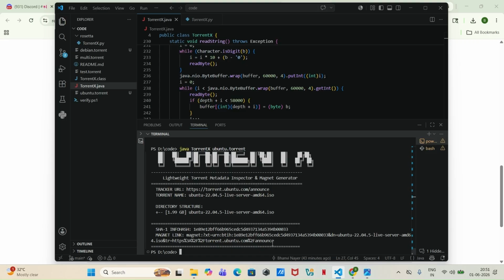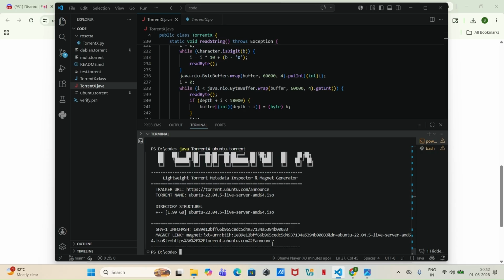So I had to fake a small hardware processor that performs hashing during the parsing. So while it's parsing, it will hash at the same time. Every byte enters the system through a single streaming read function. When the parser detects the info dictionary, hashing is activated, and every consumed byte is streamed directly into the SHA-1 digest, tracking nested depth continuously. And when the dictionary closes, hashing automatically stops.